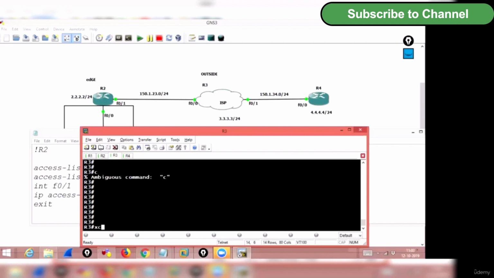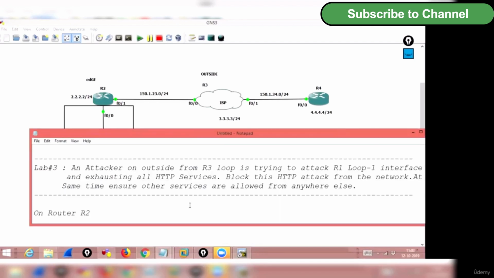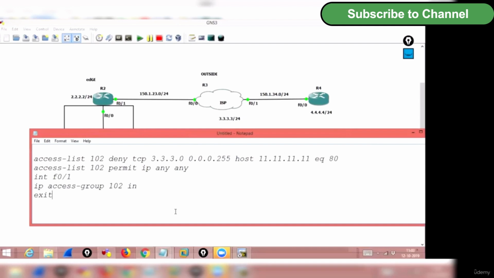So I'm going to do the same thing, but 443. Open. Okay, so far, so good. You understand the varieties of it. Now,